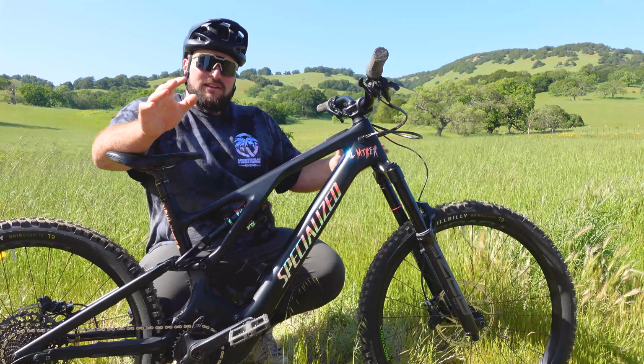The first upgrade that I did, probably the most noticeable upgrade on this thing, was I put a brand new fork on it. And this thing here, it's the RockShox Zeb Select Plus. I had to check that. But I put that on here. It's actually a 170 millimeter bike up front, or 170 millimeter fork up front. I had a Fox 36 on here. It was a 160, so it was stock. It comes 160, 150. However, I just swapped it out for 170, 150